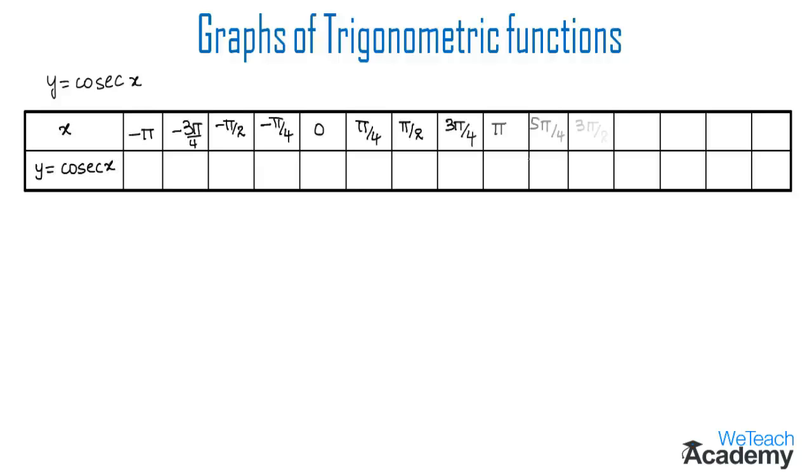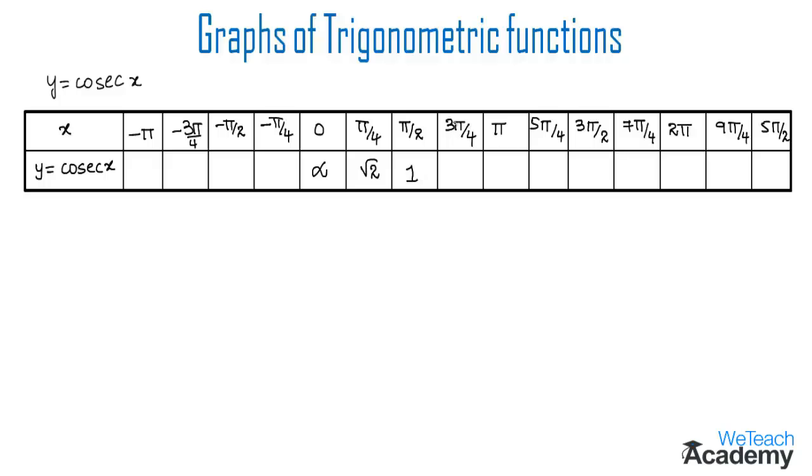So here these are the values of x which are radians, and then by substituting these values in the equation we get the values of y. So first let us substitute x equal to 0 in the equation. So by substituting we get cosecant 0 degrees, and we already know the value of cosecant 0 which is infinity, and then pi by 4. So cosecant pi by 4 is root 2. And then pi by 2, so cosecant pi by 2 is 1. So here we get 1 as the value of y.